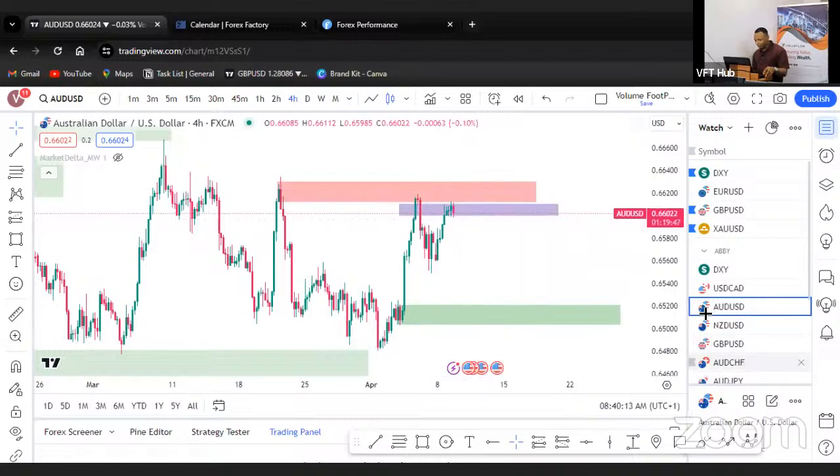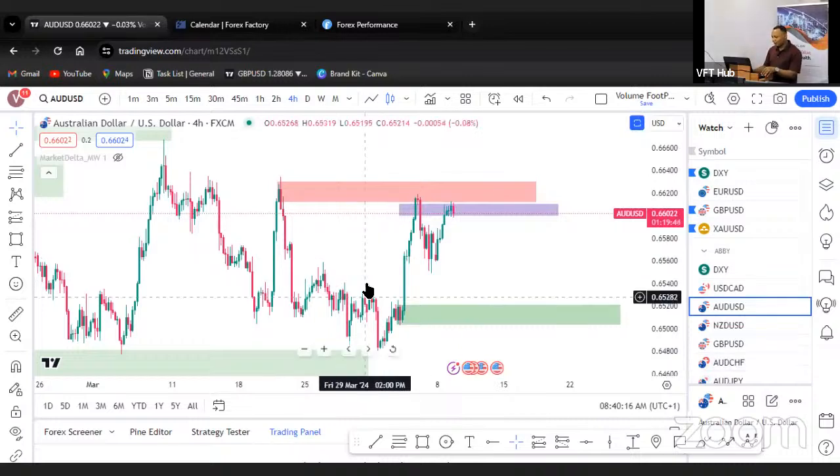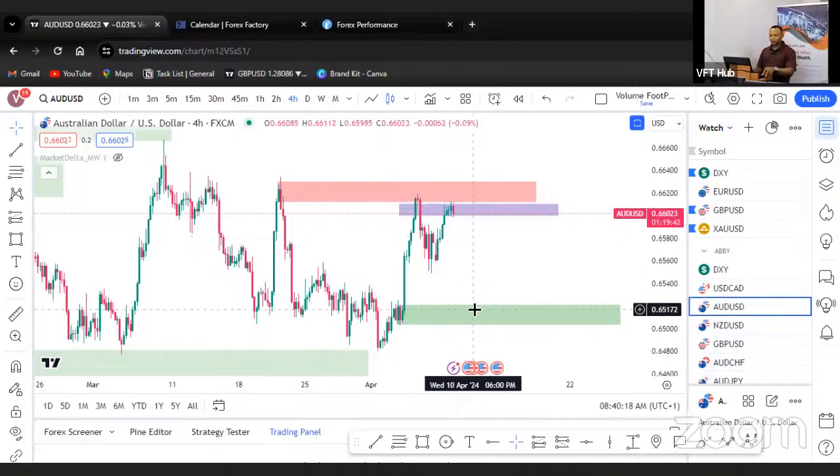So if you trade AUD/USD, if I were you, I'd start looking out for sell entries on AUD/USD. Once they play out, I'll be willing to go short on AUD/USD all the way to the downside. And then finally,